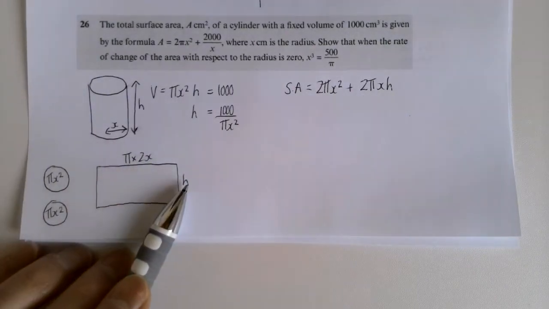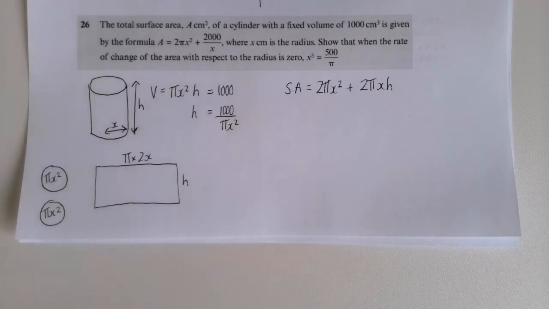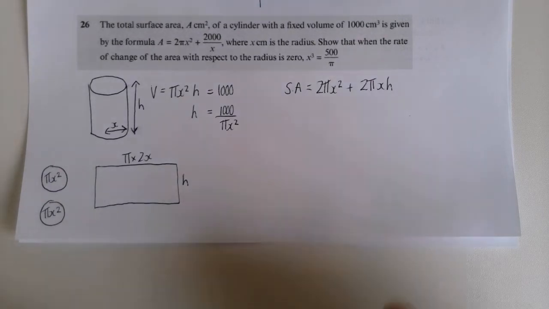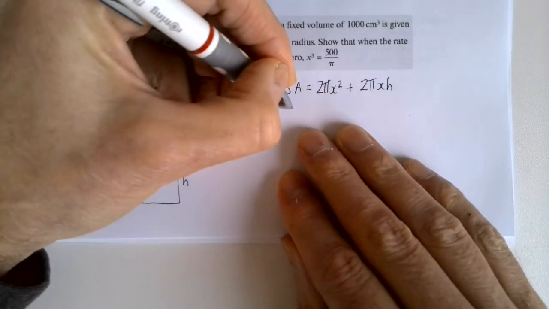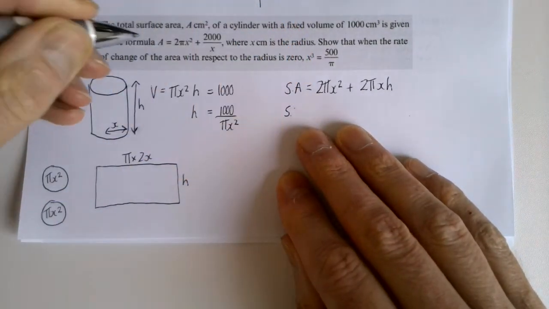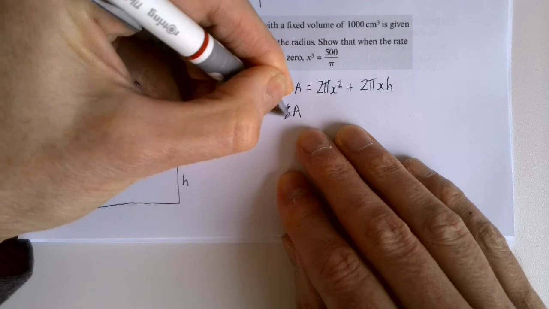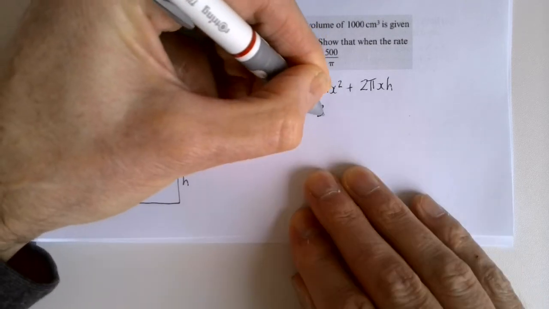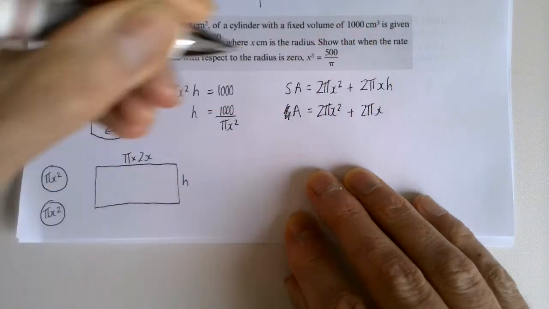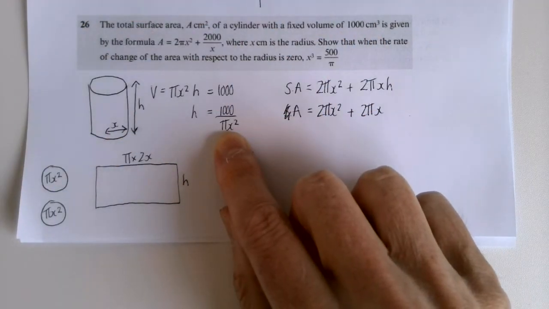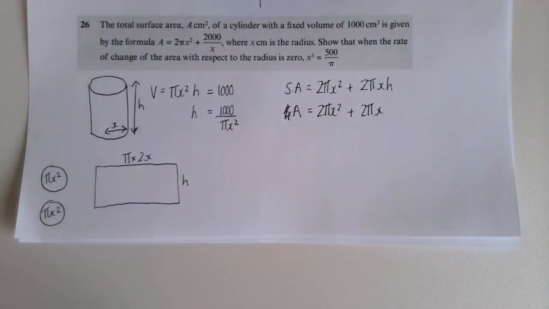That's just that multiplied by that. Okay, so I'm now going to replace h with what we derived it as here. So the surface area, actually, not surface area, they're using just A. So that's 2 pi x squared plus 2 pi x h. H is this, so I'm going to replace h with